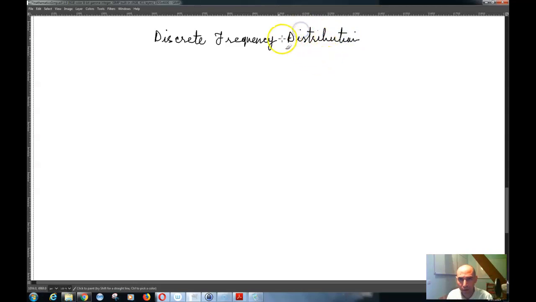The next example that we have is some data, some observations, a discrete frequency distribution, and then basically what you want to do is find the mean and the